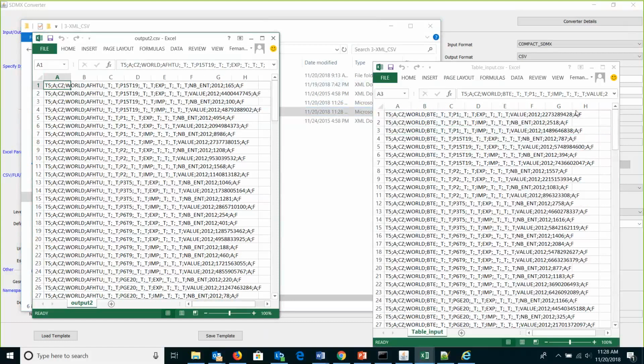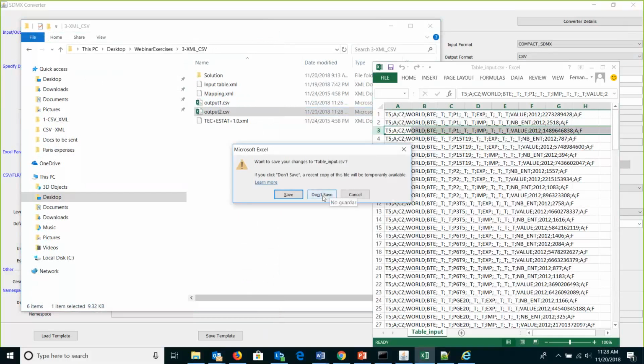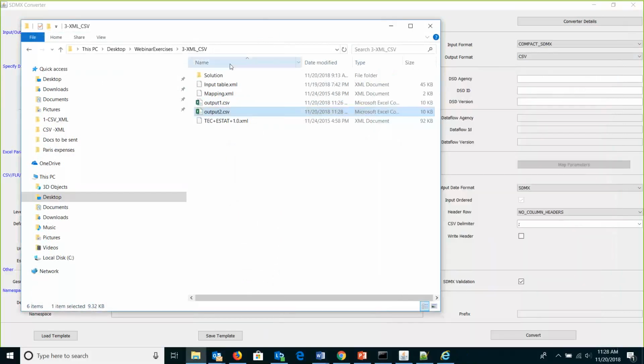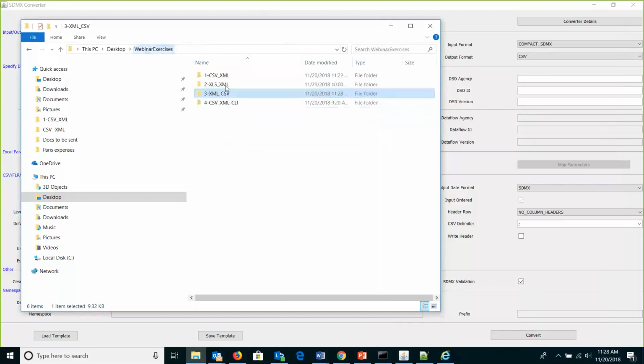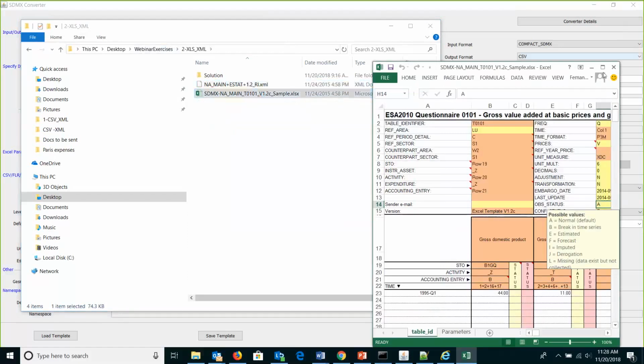Okay, that is from CSV to XML, XML to CSV. Now we are going to do one exercise using Excel. So for Excel, I will open. We said that we are no longer creating new ones, but Eurostat is maintaining those ones. So this would be